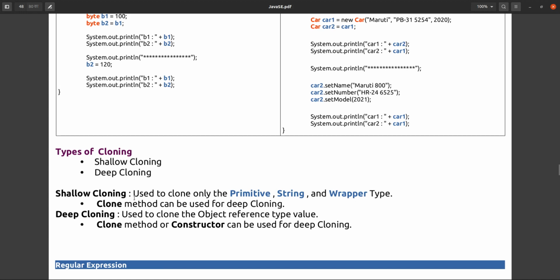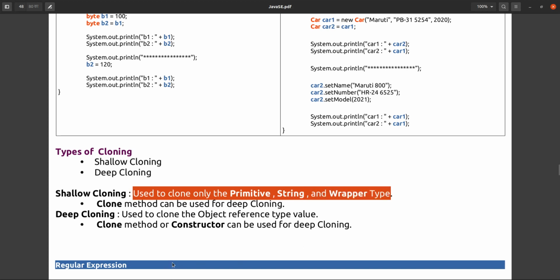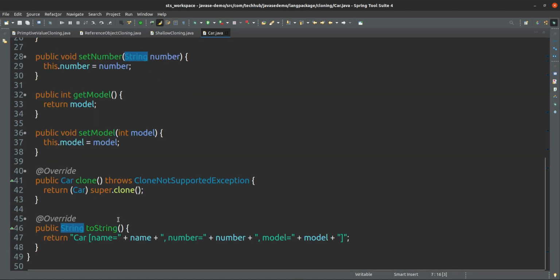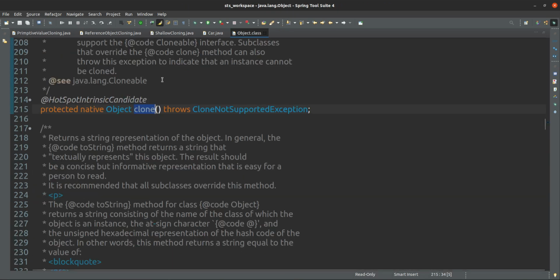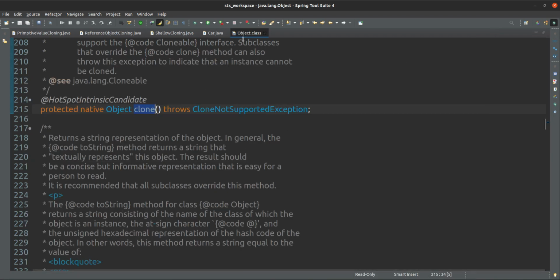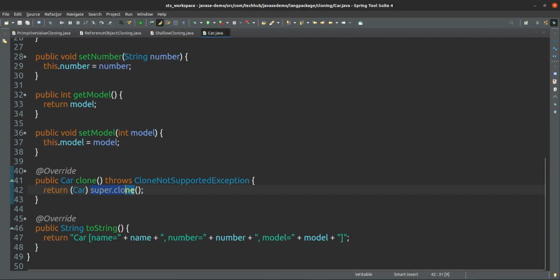The definition of shallow cloning is used to clone only the primitive, string and wrapper types, so this is a string and primitive, or you can use wrapper, no issue. So this super.clone method by default only clones the primitive, string and wrapper types. So what I'm doing is just calling super.clone, and it creates the new object of Object type, which I am typecasting into the class.